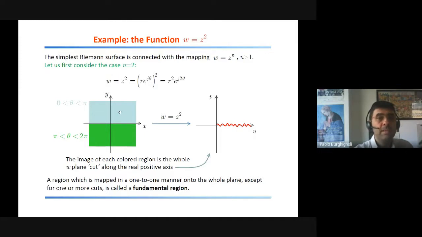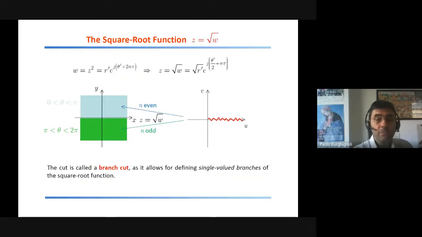Okay, the mappings, note, are one-to-one. However, of course, the images of the cyan region and the green region are completely overlapped, because they are two copies of the same W complex plane. Okay, of course, then if you decide to come back,